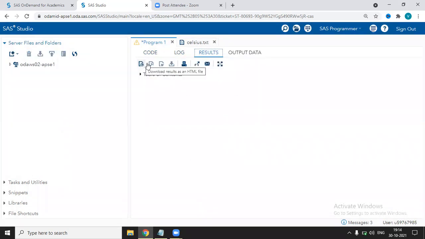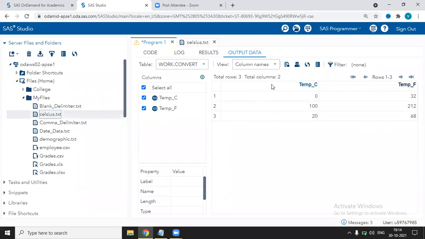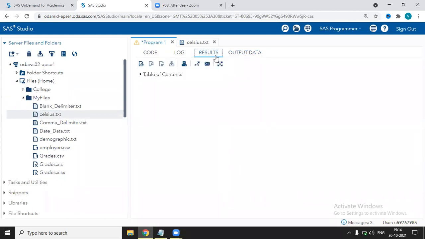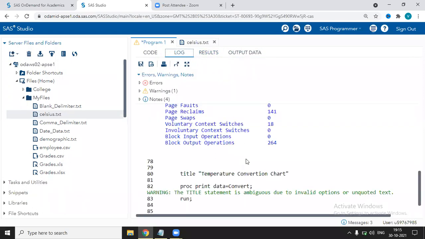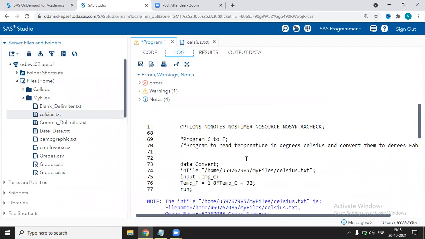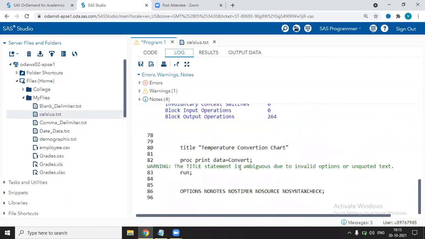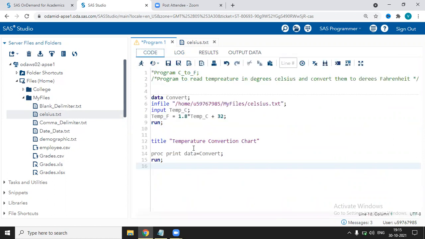This will also work. The data set is created in the output data. In the result section, sorry, we got an error. Okay. In the title section, you can observe that we have not ended it with the semicolon.